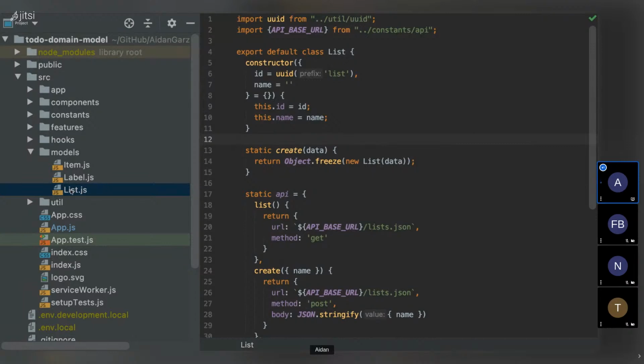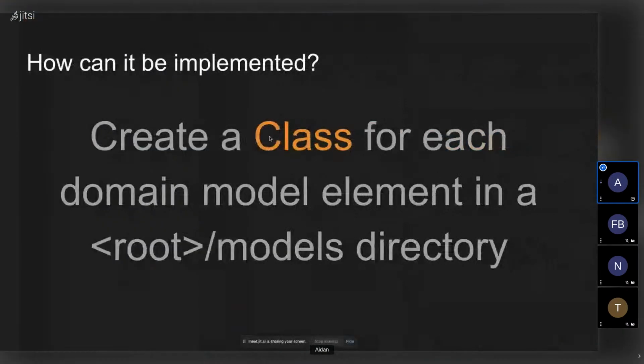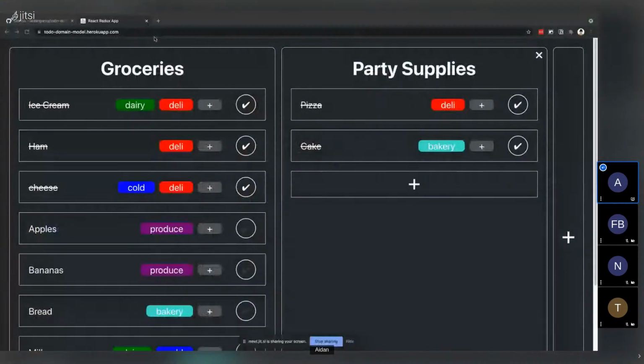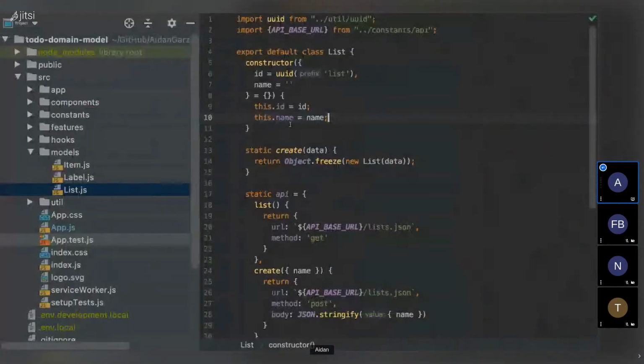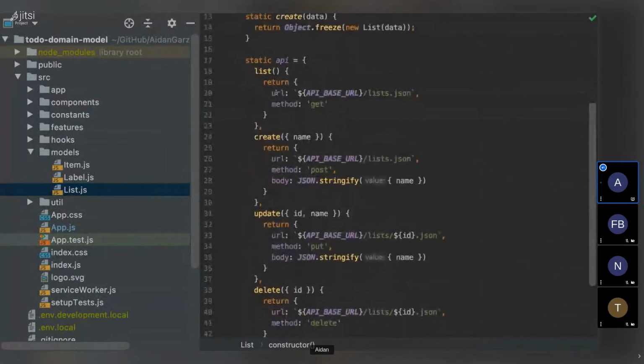So we've got a list item in our domain model. So we've got a list class, and that list item in our domain model has 2 properties. It has an ID and a name. And when we were actually interacting with that item, so here's our list and here's its name, and it has an ID that corresponds, a unique ID in our database so that we can attach things to it. So very straightforward. We don't need anything else in here, really. This is all just kind of nice.